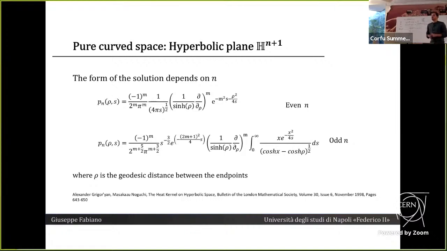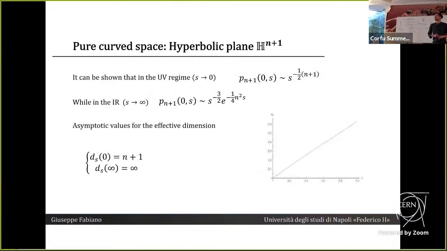And what we can do here also, in the spirit of what we were doing before, trying to evaluate the spectral dimension for ultraviolet and infrared regimes, we actually see that when s is going to 0, so in the ultraviolet, for any n, we get this particular asymptotic behavior, and in the infrared regime, for every n, we get this other